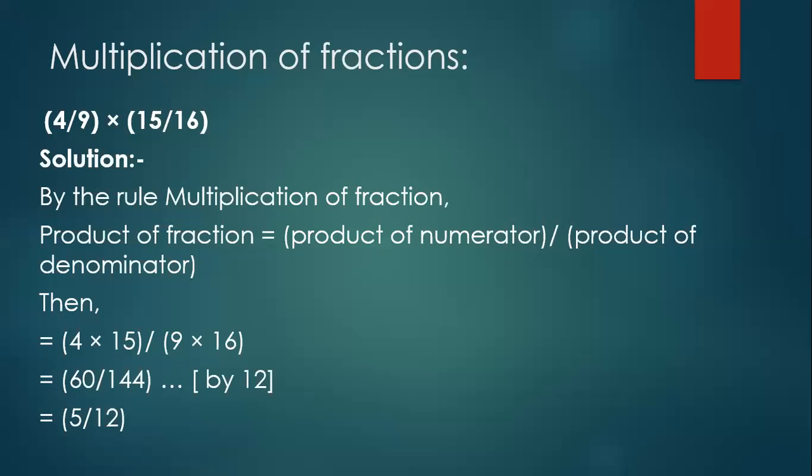But children, the thing is, this process is actually not that easy. Many children make mistakes while calculating this. Let me teach you a very simple method. The very simple method is you write the two fractions like this: 4 by 9 multiplied by 15 by 16. Now children, we all know the basic tables, right? We all know which number comes in the table of which other number, all right?